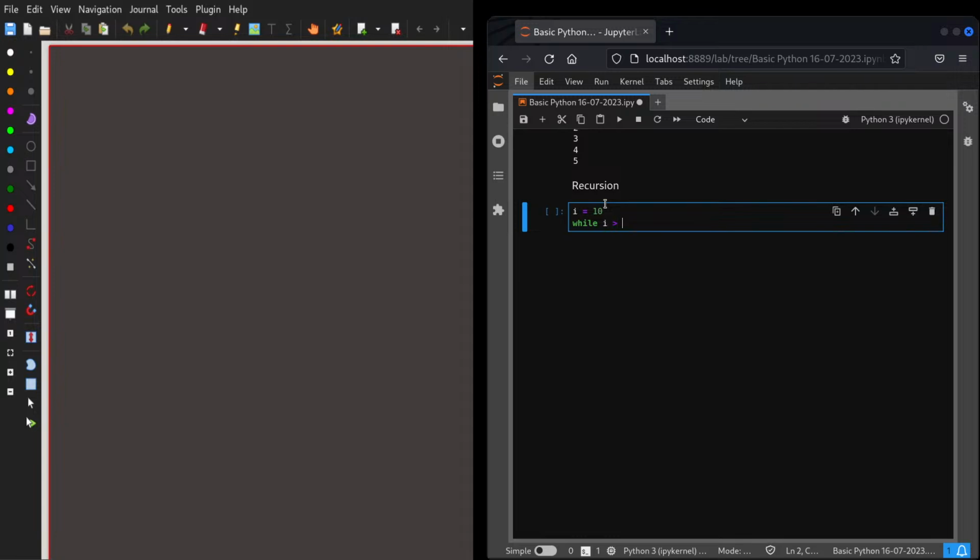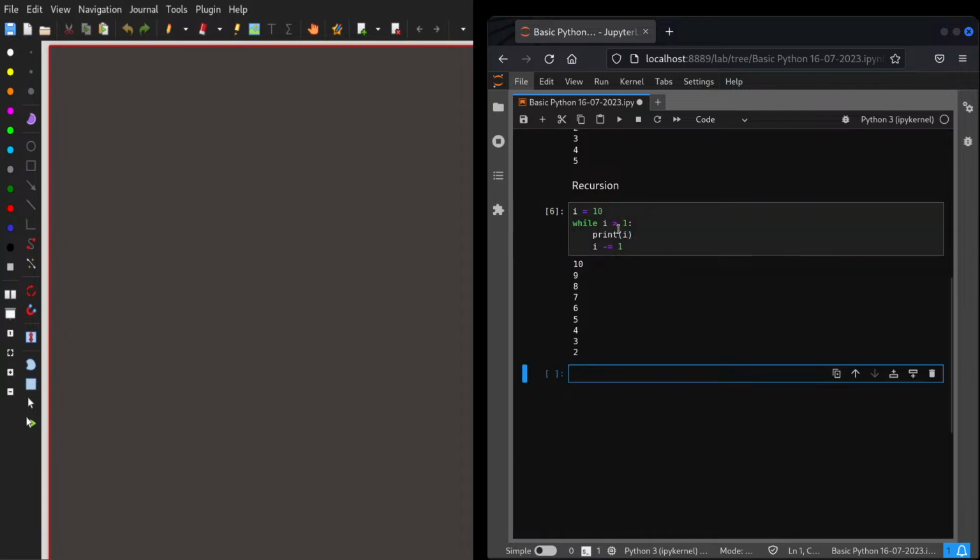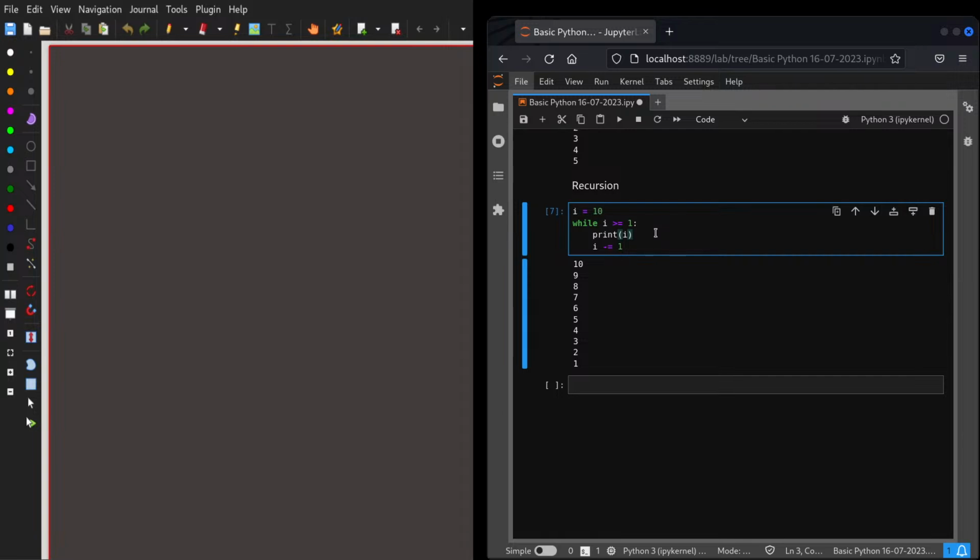Using a while loop with the condition greater than or equal to 1, now we printed 10 to 1 in a reverse way. In recursion, how will we do this? First of all, let me tell you what recursion is. Recursion means, for example, let's consider there is a, let's assume